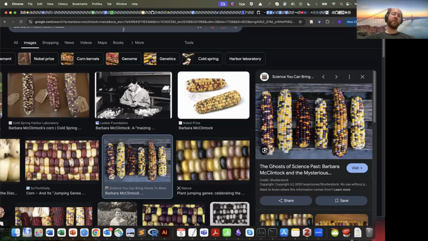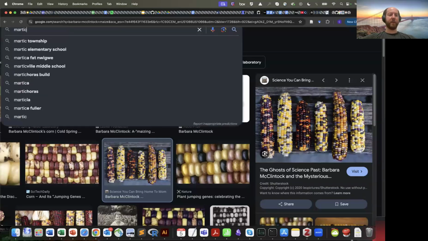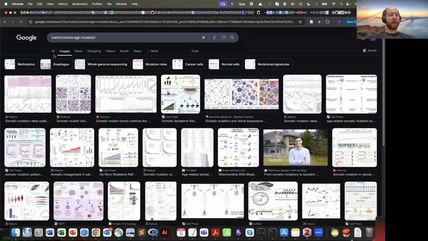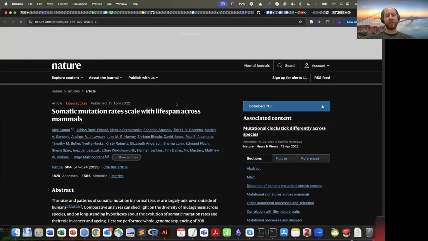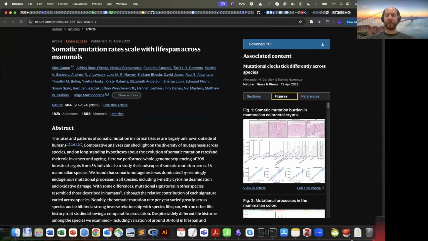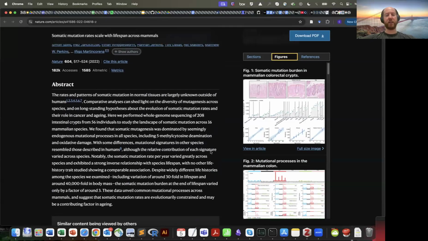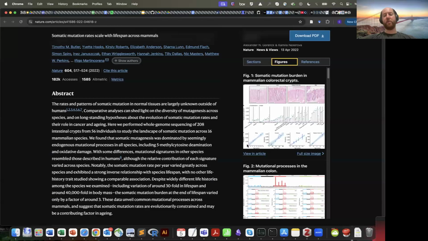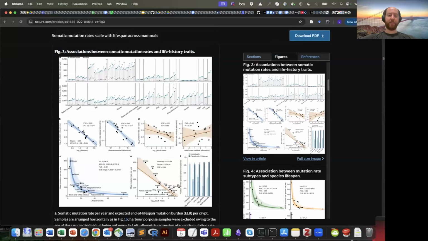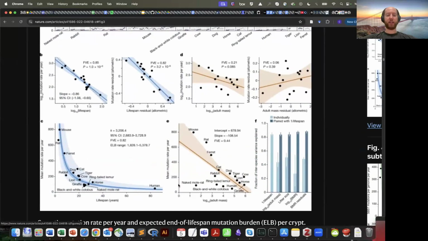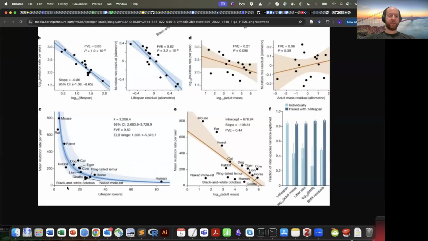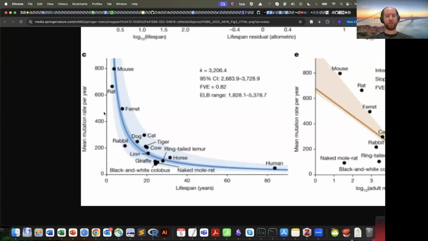there are some recent reports on mutation, and specifically on somatic mutation rates. So this paper by Alex Kagan, based in the UK, actually showed that if you look at different species and what their mutation rates look like, you can end up building a model where essentially the longevity of the species, and can you all see this figure here? It's a little bit grainy.